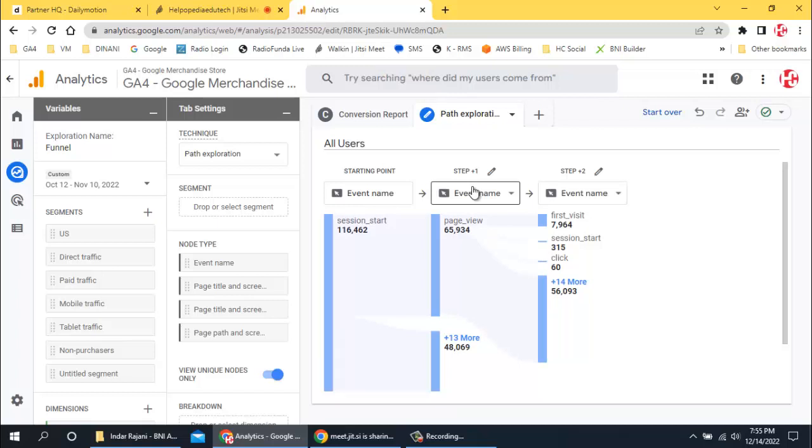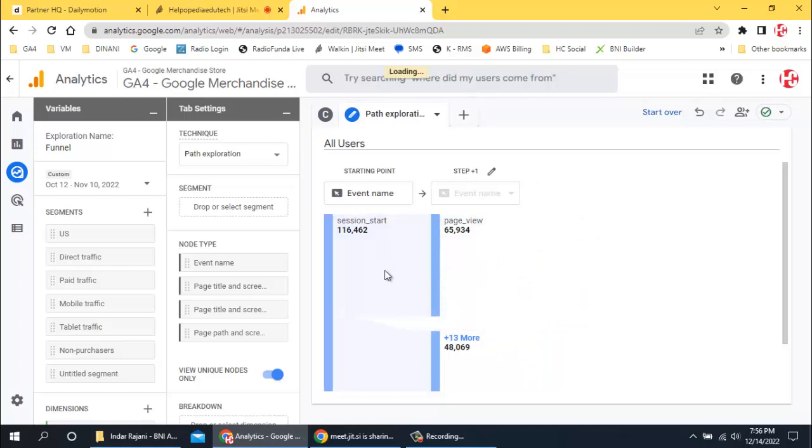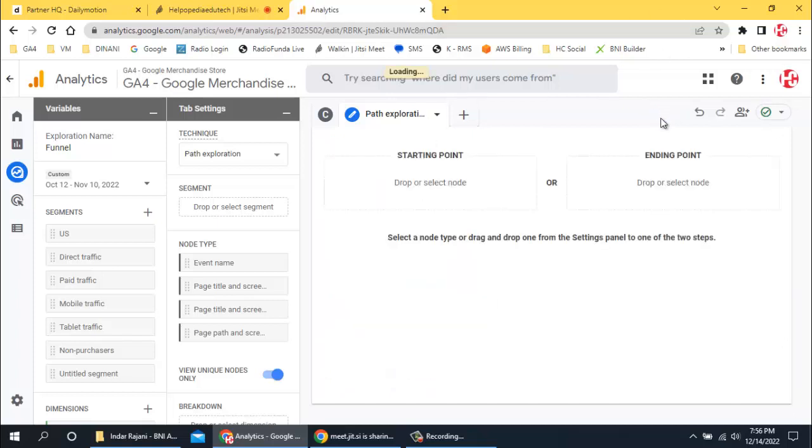So path exploration is basically where I want to know what were the last 10 pages before they made a purchase. So purchase would be the last page, so before that what were the 9 pages they browsed, or how did these people come to the final purchases. So over here starting point 1 2 3, but we cannot exactly predict that these are the people who came and browsed like this, and from this page they went and purchased. So for that what I can do is I'll click on start, and then over here